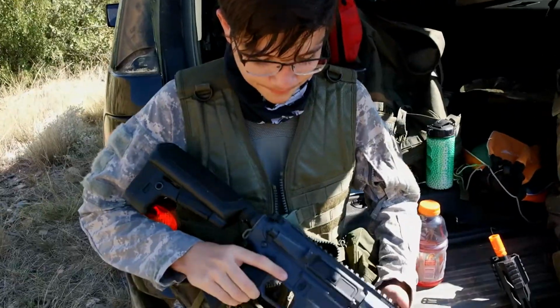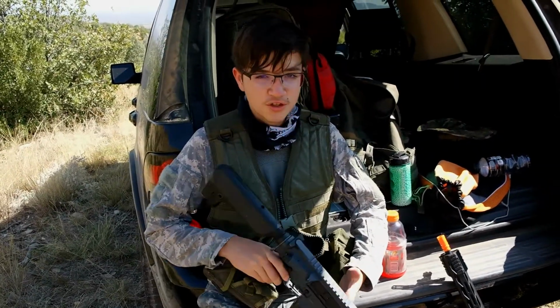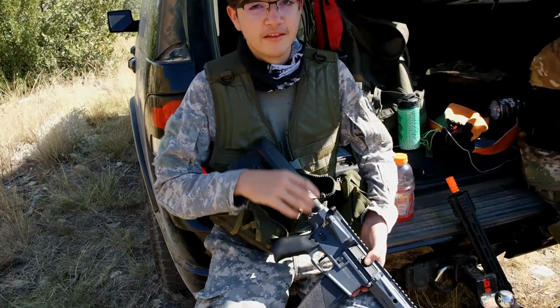Is that good stuff? Yeah, very good. It's definitely a really good gun. I unloaded 2 mags just like that though. Did you use full auto? Yeah, the capture the flag when I used full auto. What about you? What are your thoughts